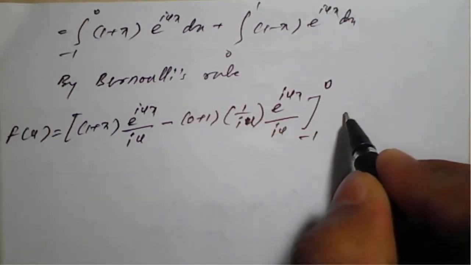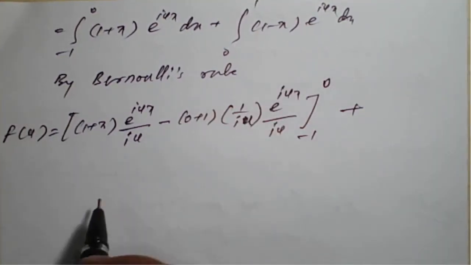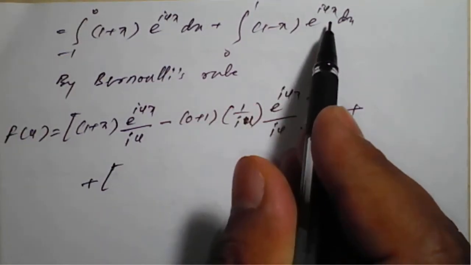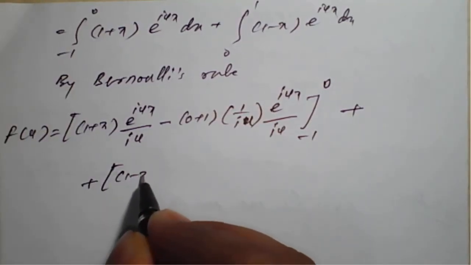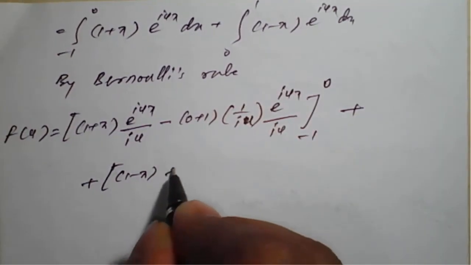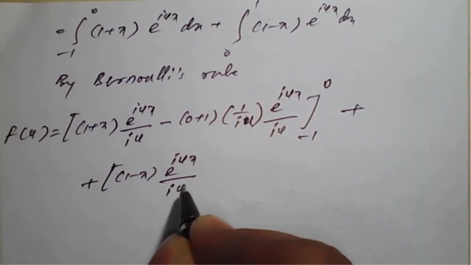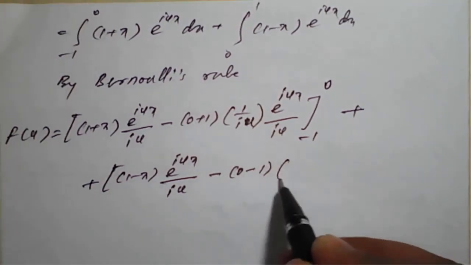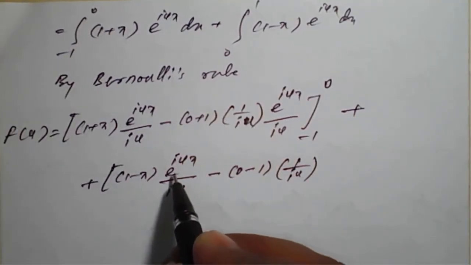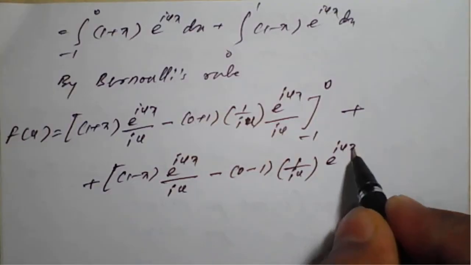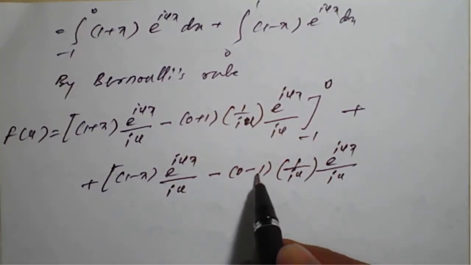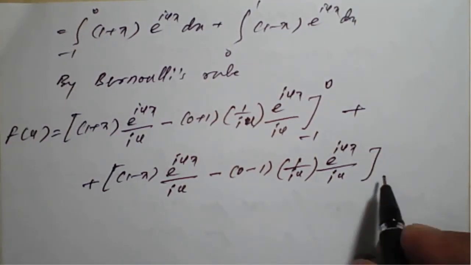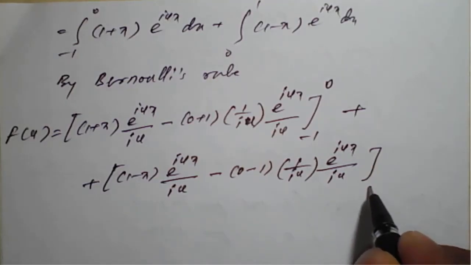from -1 to 0, plus next second integral, I'll write it down here, plus integration of 1 minus x into e raised to iux by Bernoulli's, that is keep 1 minus x as it is, integration of e raised to iux is e raised to iux divided by iu, formula minus differentiation of 1 minus x is 0 minus 1 into 1 upon iu, integration of e raised to iux is e raised to iux divided by iu, differentiation of 0 minus 1 is again 0, close the integration and simplification with the limit